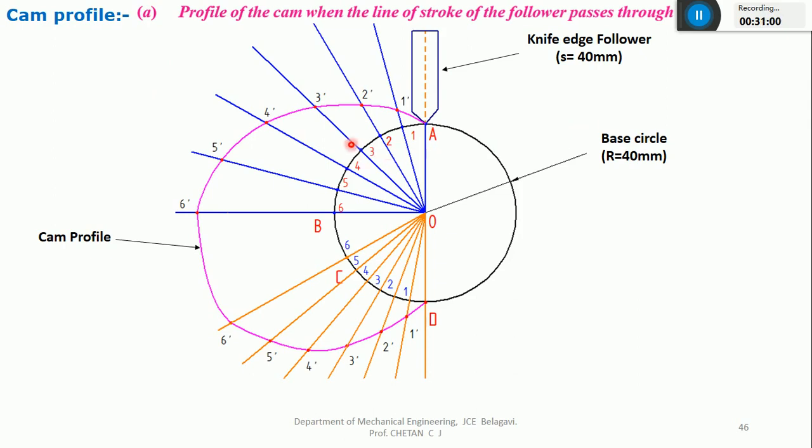So you can draw with a freehand diagram. Just join point A to point 1 dash, 2 dash, 3 dash, 4 dash, 5 dash. It may not be a straight line. You can draw a freehand drawing in such a way that